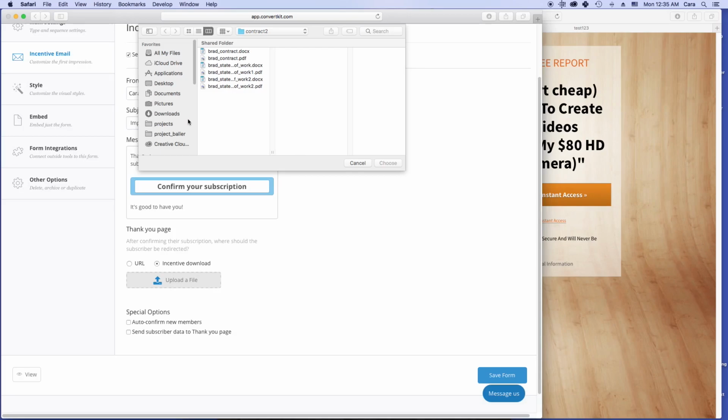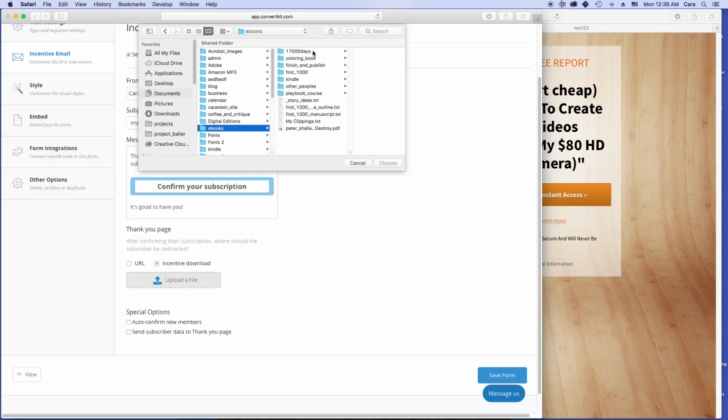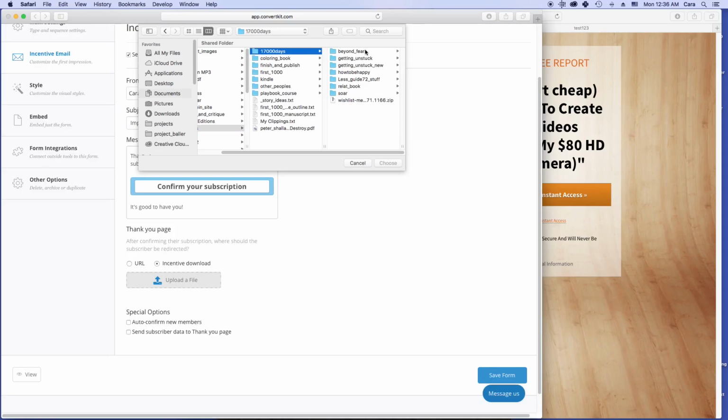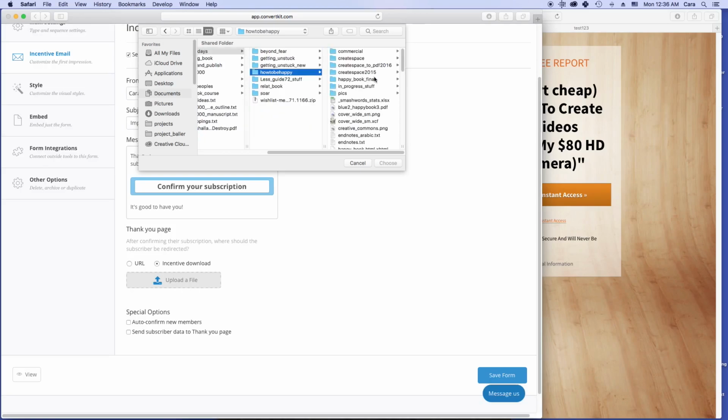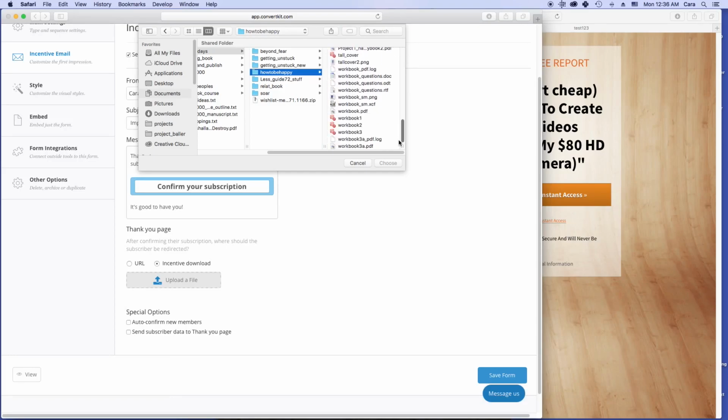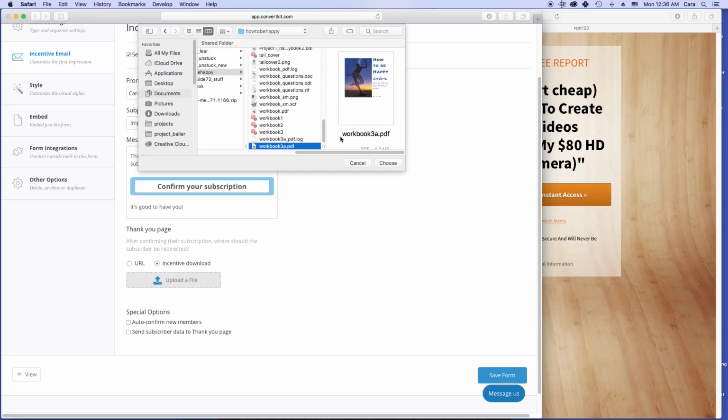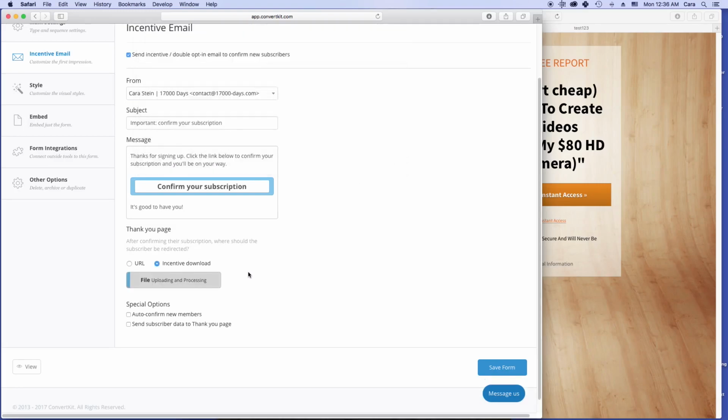So let's see. Let's say we want to send them How to Be Happy, which was my first freebie. Hopefully I can find it here. Oh, come on. So let's say we want to send them workbook 3a.pdf, which has the terrible, terrible original cover for this book. So if that was what I really wanted to send them as their free gift, I could just click on that PDF, click choose, and